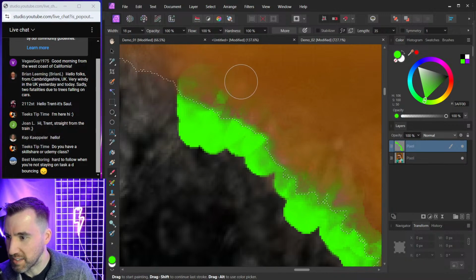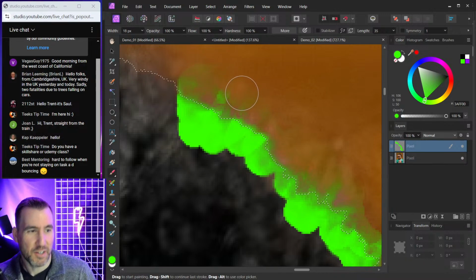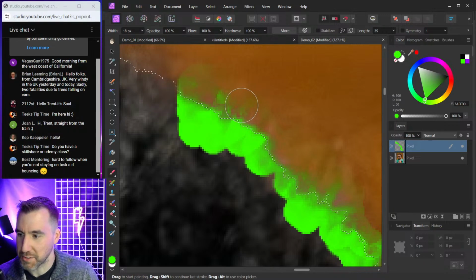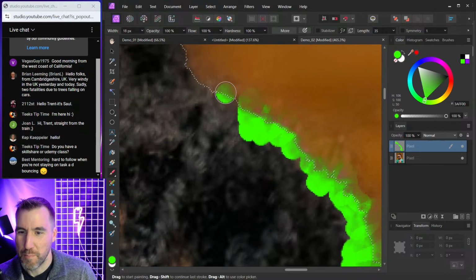Hard to follow when you're not staying on task and bouncing. Okay, I'll try not to bounce too much. Do you mean the mouse cursor or me? But so